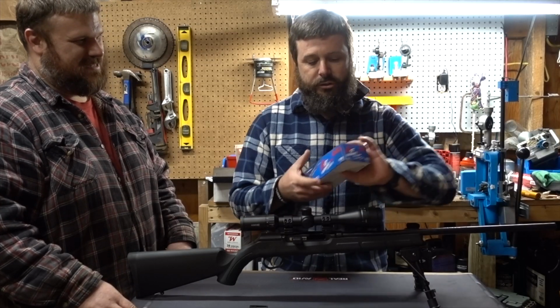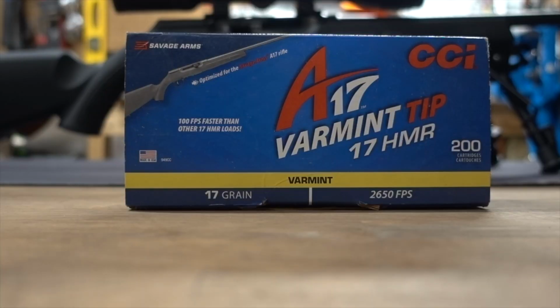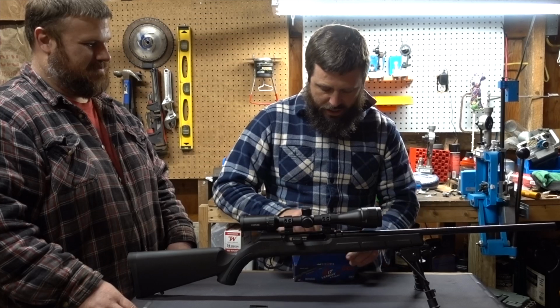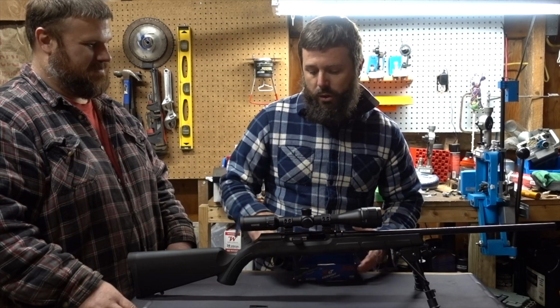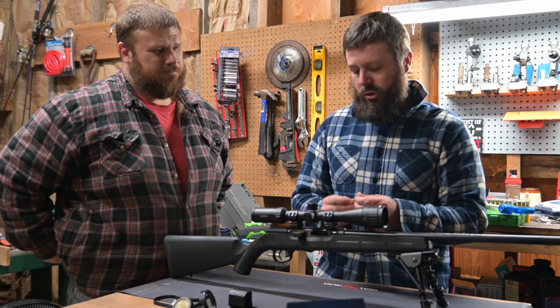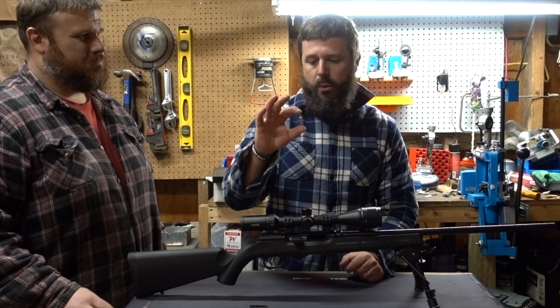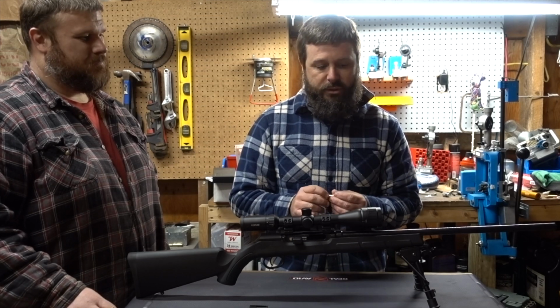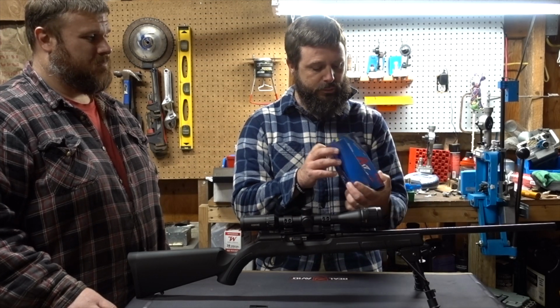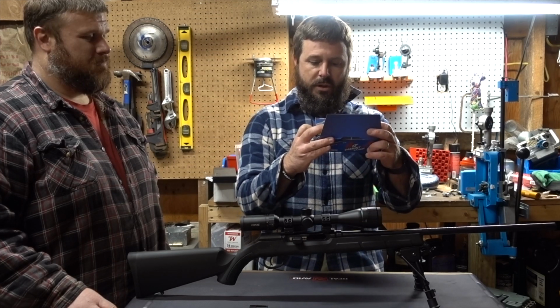So these are A17s, which are made specifically for this, and the reason is because this is the only in production semi-automatic A17. Yep. And so these have a little bit more strength to them than the other 17 HMR bullets, and this one specifically has a muzzle velocity of